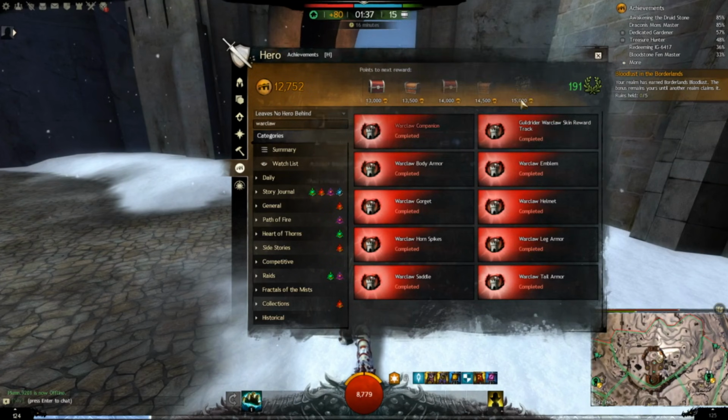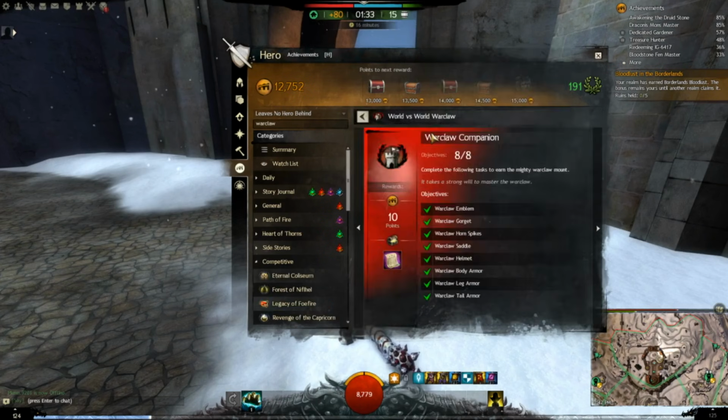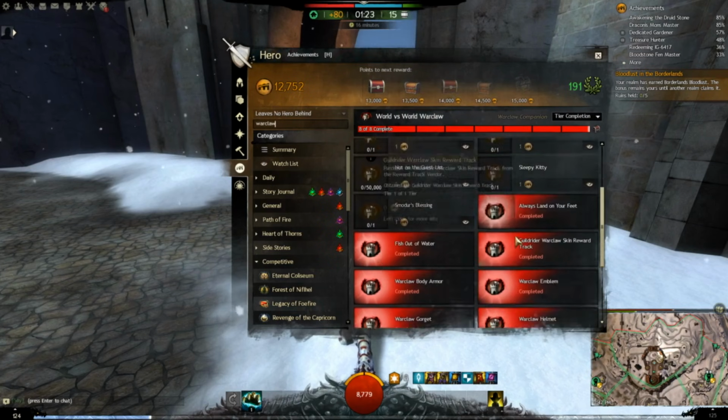Ignoring the achievement for the Guild Warclaw skin, the other 8 are what you need to get your mount. They are very easy and just take some time. Many of the steps you will probably complete by accident while playing this game mode. Focus on getting this early on and you will have it done in one of your first World vs World